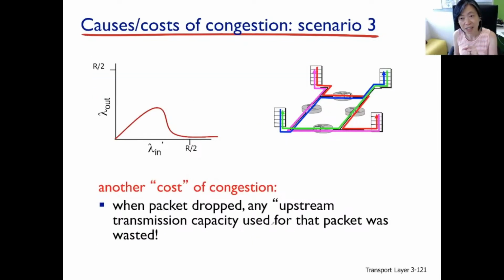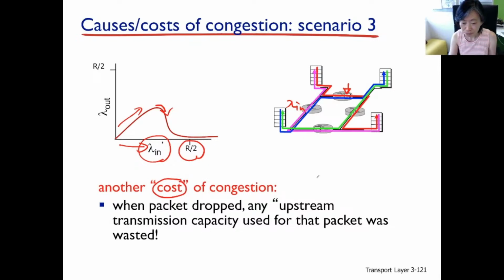So you see right there in scenario 3, the blue flow, when lambda in or lambda in prime is small, when the network is not saturated and the buffer does not overflow, then the more work we do, the more output we get. But as it approaches half of R, we see blue packets get dropped a lot. Originally, not so bad, but in the end, when buffer overflow could occur here, a blue packet gets very little chance of coming through, and the throughput is going to be even lower than when lambda in here is small. Really bad. So that is another cause of the congestion.